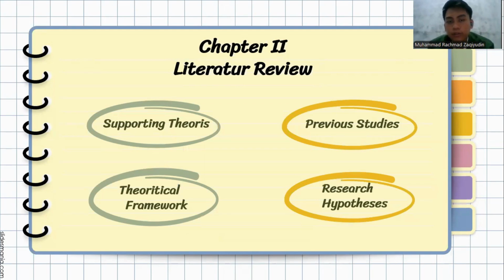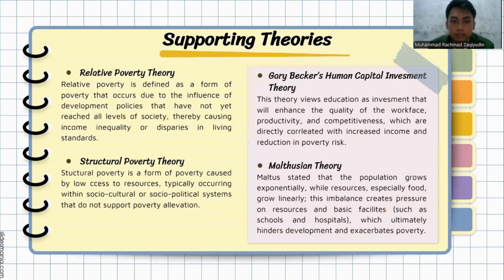And we go to Chapter 2, which is the literature review. I have four main parts. Number one is supporting theories, previous studies, theoretical framework, and research hypothesis. In the supporting theories, I have four theories to support my research. Number one